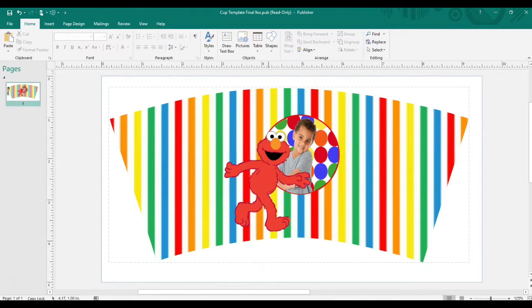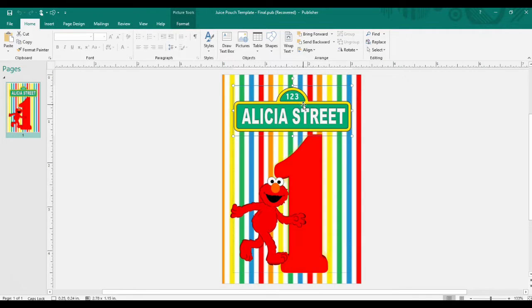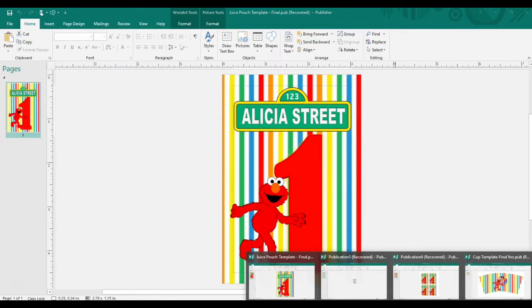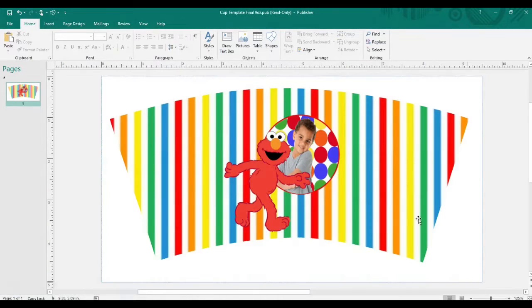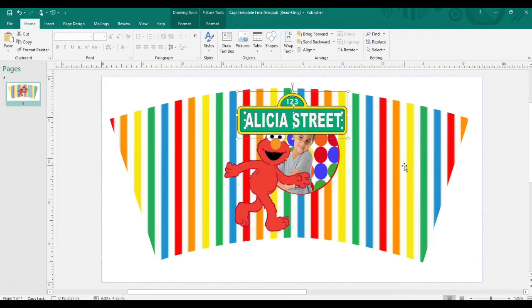I'm going to go back to that Capri Sun sign I made, this sign that I made here. I'm going to copy both of these. The sign I made, the Sesame Street for the Capri Sun, that's what I made. And if you didn't see how I did that, please go and watch the Capri Sun picture. I even removed the background on this sign to show you how to get that. And I'm going to just kind of